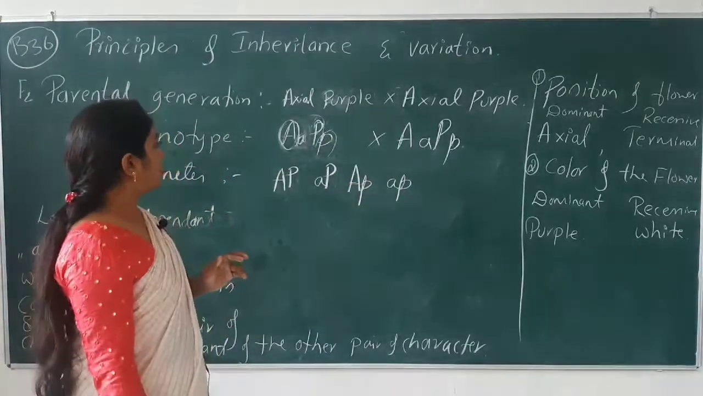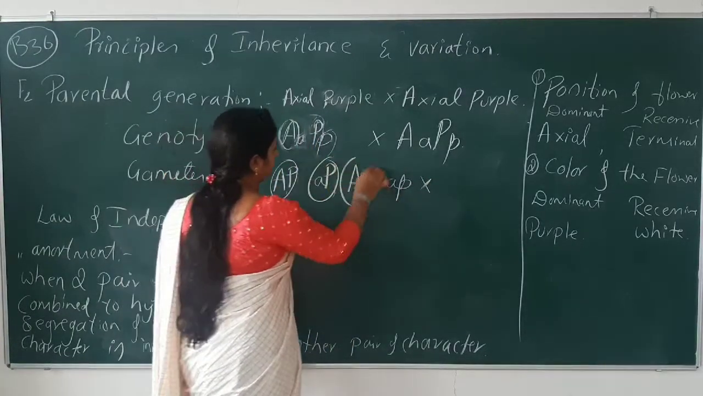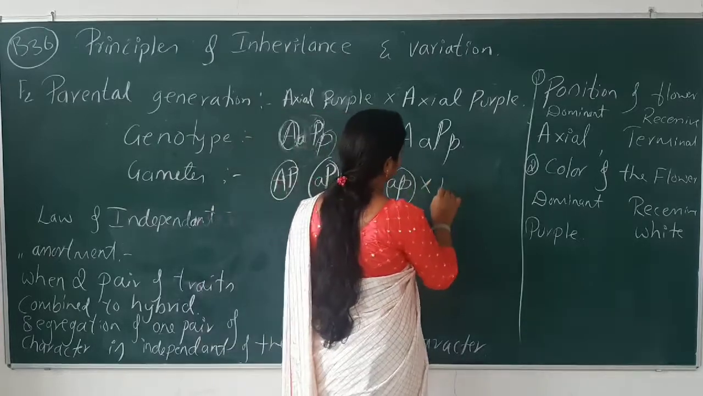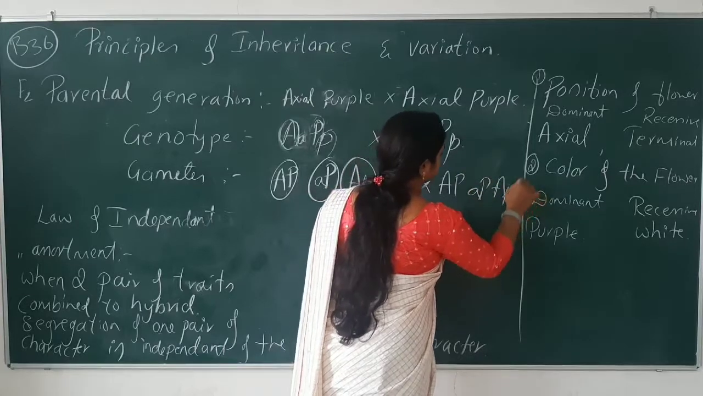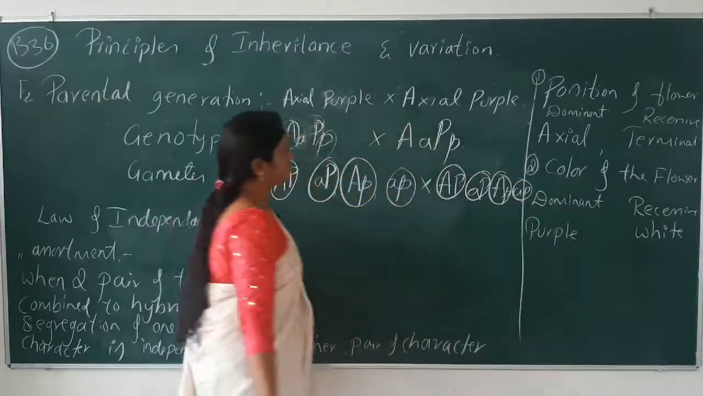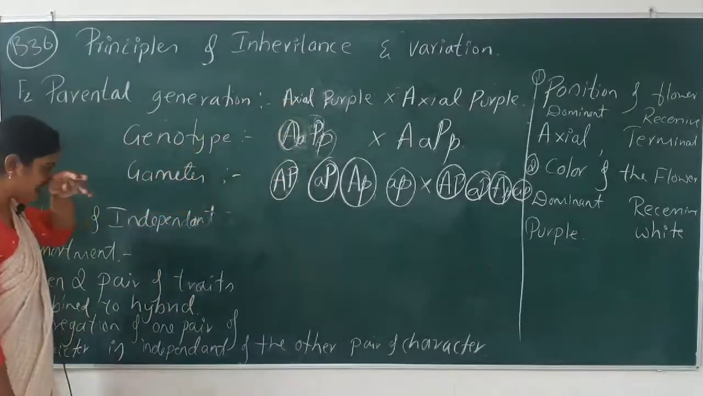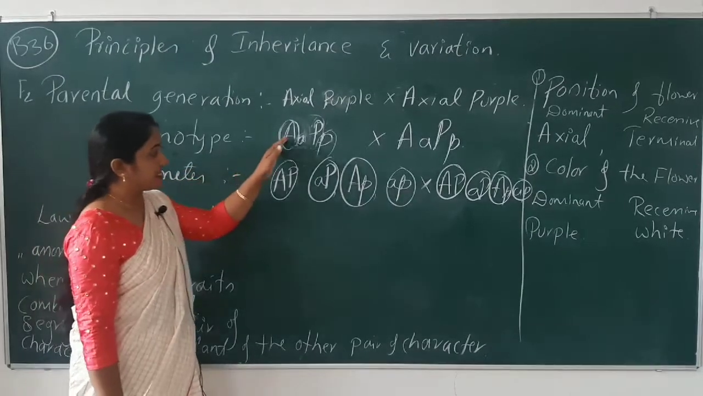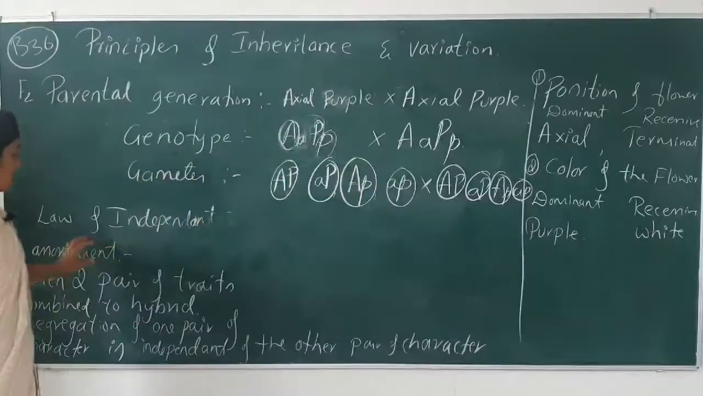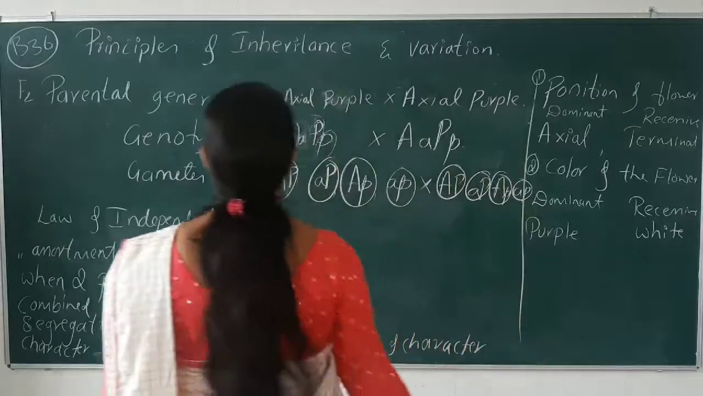Now one more we have to write here. These are all the gametes of the parent. So this is what we got from the parental generation, that the segregation, or the independent assortment, it itself says the law of independent assortment. Okay. So we will see the Punnett square,